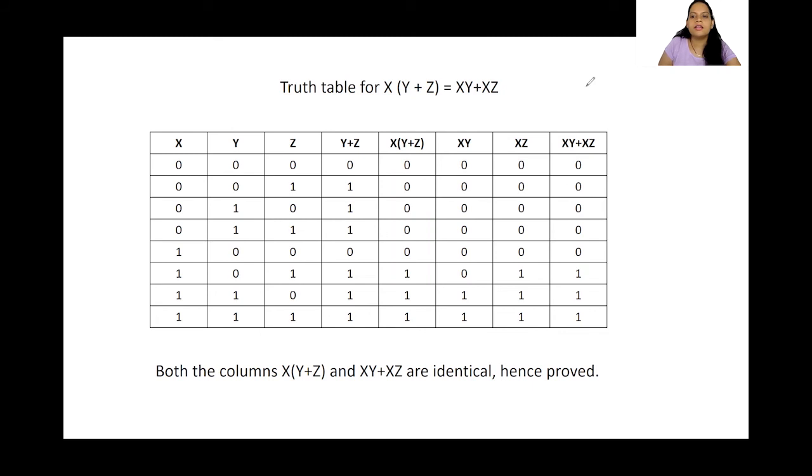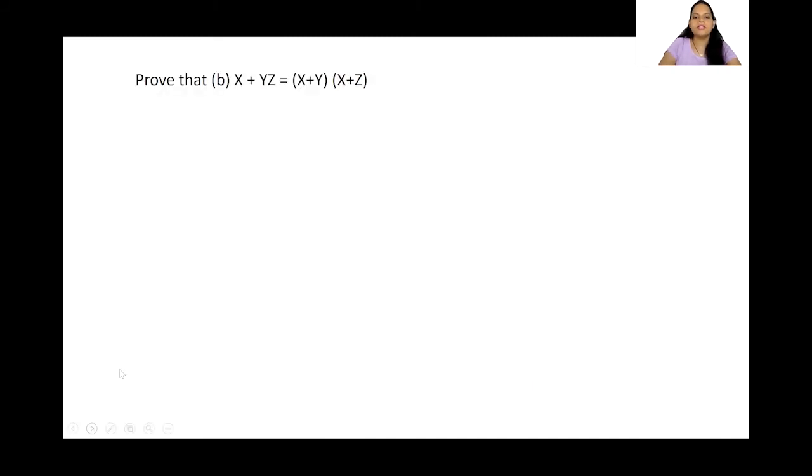Fine. Now let's go ahead and see the next law, which is x plus yz is equal to (x plus y)(x plus z). Let's prove them one by one. First, let's take x is equals to 0. And let me take the left hand side, which is nothing but x plus yz. Let me substitute the value of x. So 0 plus yz. Now, what does the AND properties of OR operation say?